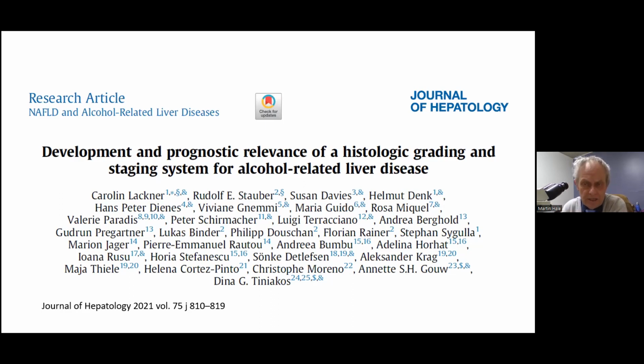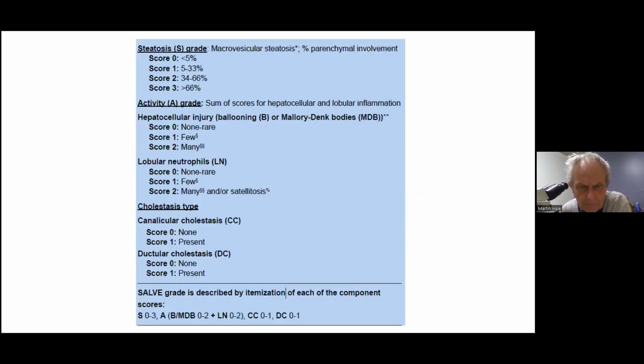For those of you who want to look at the article, I would suggest you download it and read through it after the meeting if you're still interested. I would certainly urge you in your future reporting to start to incorporate these criteria. It's from the Journal of Hepatology in 2021, and the reference is there. Next slide, please, Cheryl.